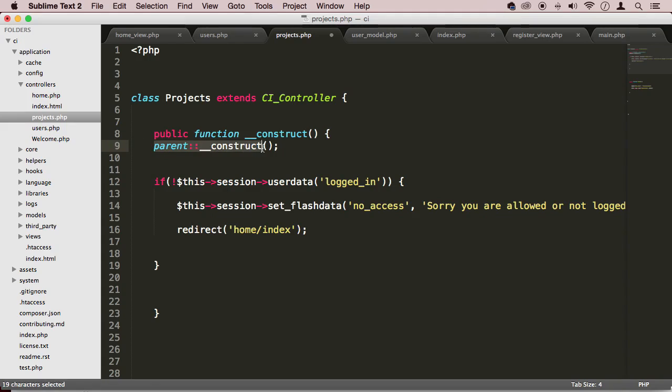If you want more information about this parent construct, you can go to codeigniter.com and check it out. There are some other articles there that can give you a better understanding of this. I'm not going to go into details about it because I think most of you know this if you got this far with object-oriented programming. So anyway,